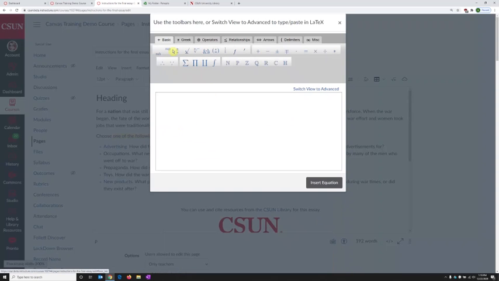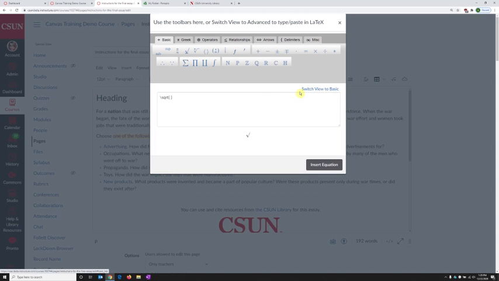And when we do that, we get the regular editor from Canvas themselves, where we can insert equations, building them up using the operators and relationships and all those kind of tools that they have available for us. We can also click Switch View to Advanced to put in code for